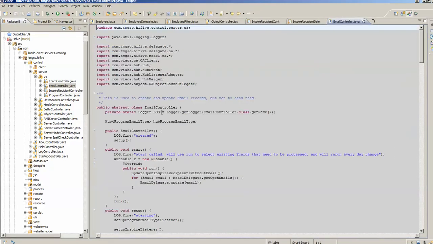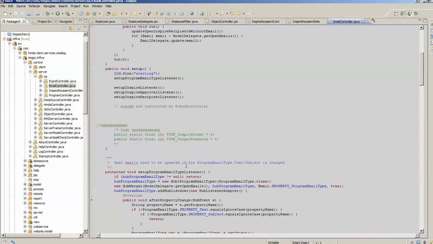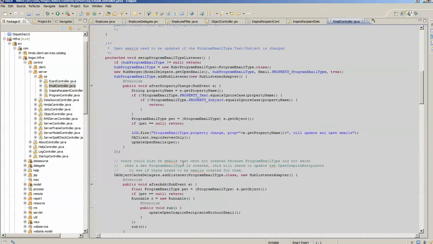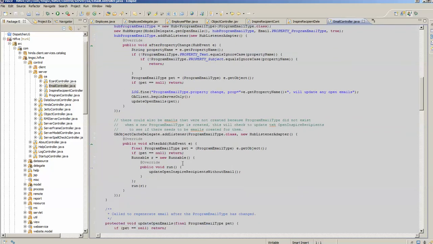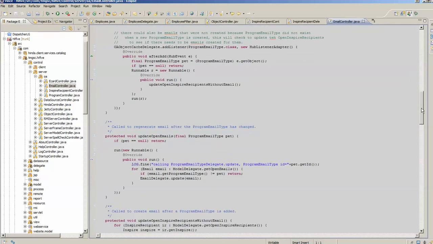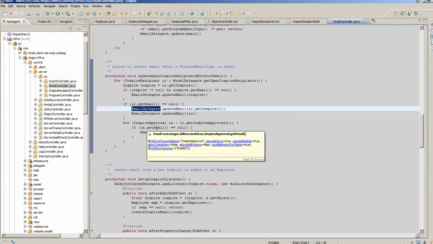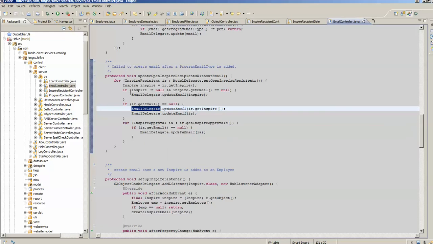So under the email controller, and we won't go into this too much, but if you look at this, this will be listening for Inspire approvals and a whole bunch of other stuff, because we have a bunch of emails. It's listening to all those trigger points or events to happen, and it will do its thing to send out emails. Its job isn't to send email. Its job is just to listen for the condition that needs to then do something about an email. And then we have this email delegate that will call and say, okay, we just found another condition,